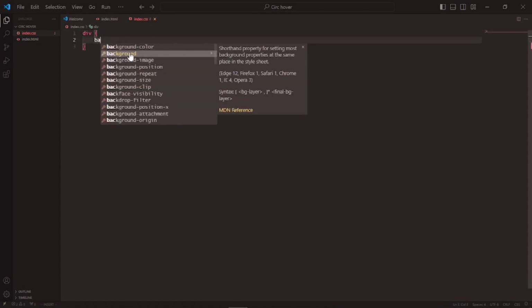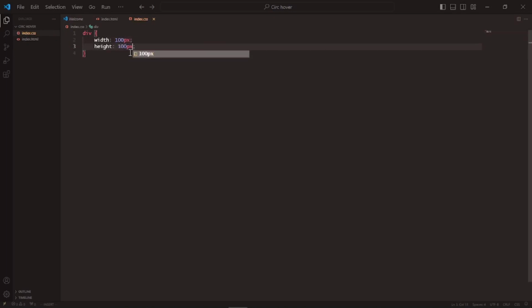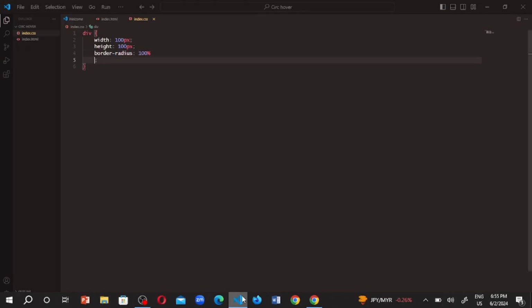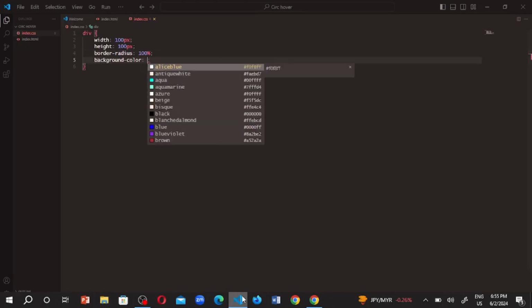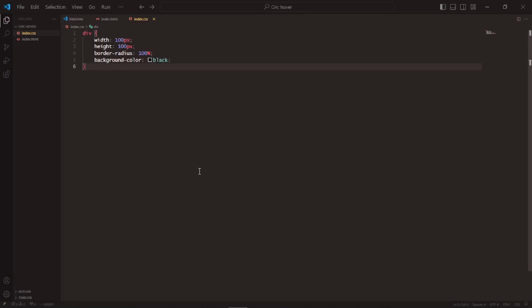I could set the width to 100 pixels, the height to 100 pixels, the border radius to 100%, so it could be circular. Oh yeah, and the background color equal to black for now. So first we need this thing to be aligned, so I can write body, display flex,